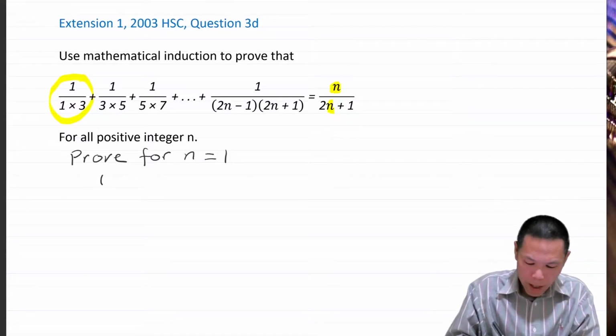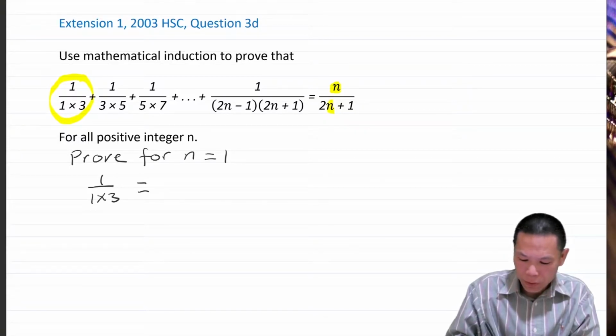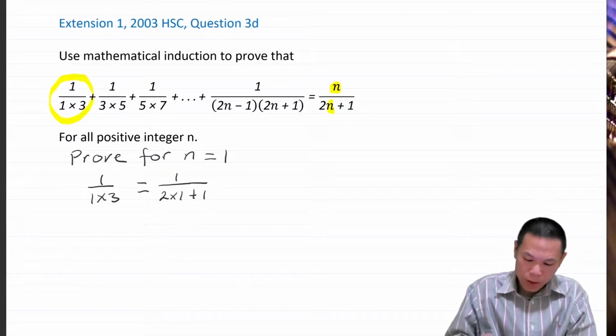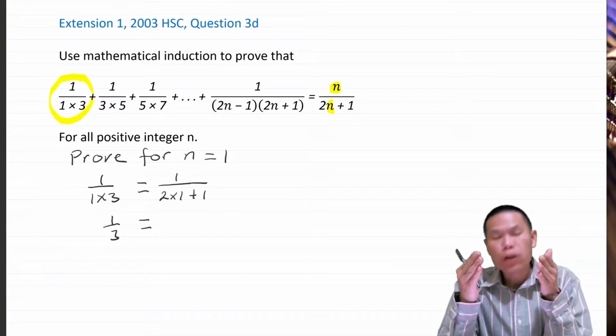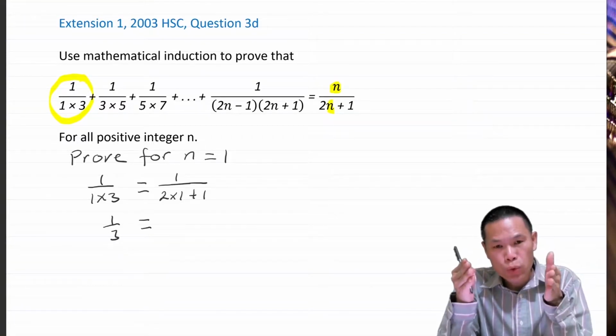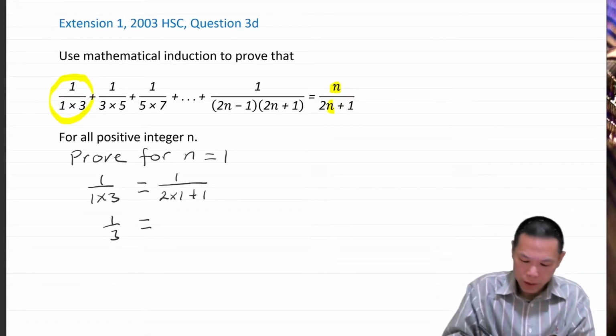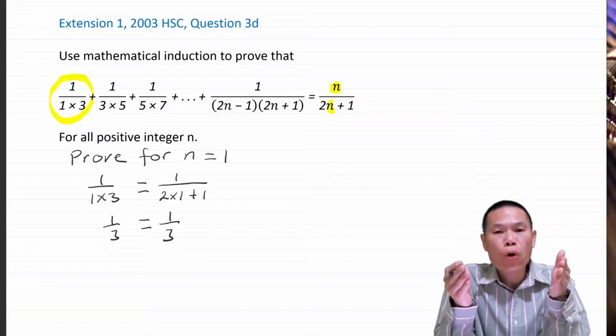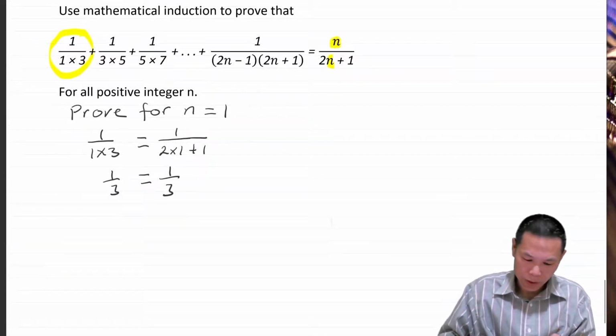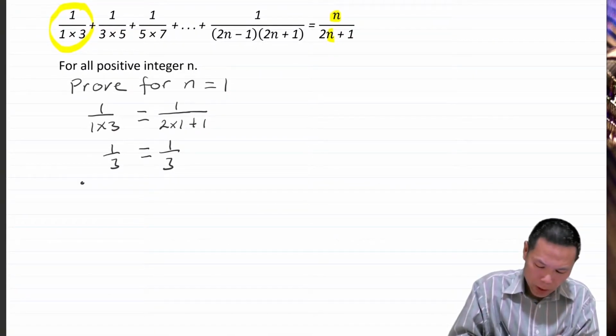So that is 1 over 1 times 3 is equal to, on the right hand side, which is 1, 2 times 1 plus 1. So which is 1 over 3, and 2 times 1 is 2, add 1 is 3. So the answer is 1 over 3. So it is true for n equal 1. So just write this down. So therefore,